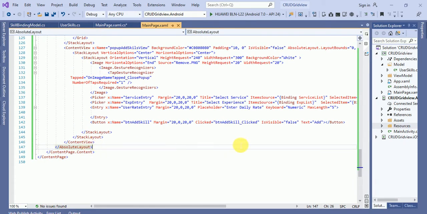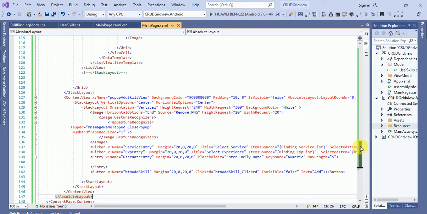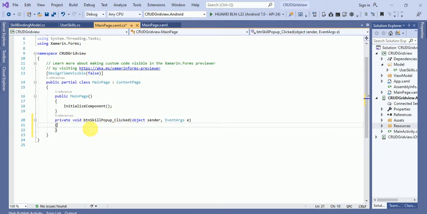Fine, so the pop-up has been added. Once you click on the add button, the pop-up will appear as expected. Inside that we have to do one thing: pop-up add skill dot is visible equals true.